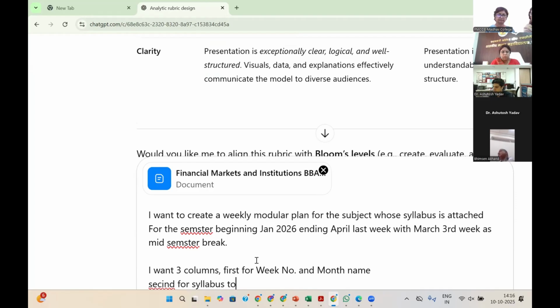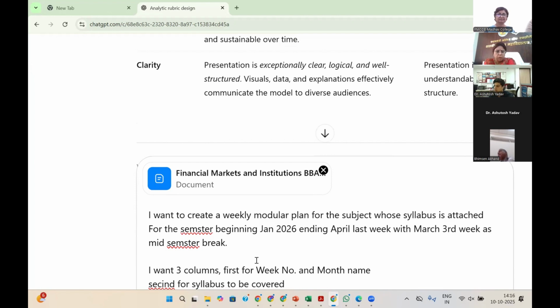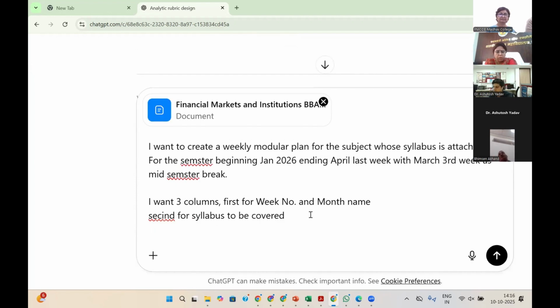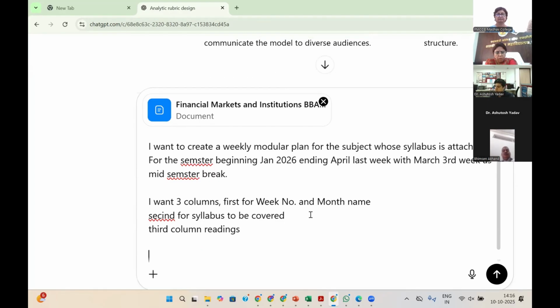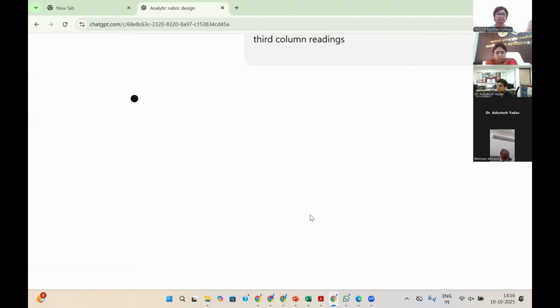syllabus to be covered. प्लीज आप मेरे टाइपो एरर को इग्नोर करना, चैट जीपीटी को समझ में आ जाएगा मेरे उससे क्या चाहिए। एंड थर्ड कॉलम फॉर, मान लीजिए हम ये भी चाहते हैं कि रिकमेंडेड रीडिंग्स, हाँ, थर्ड कॉलम फॉर रीडिंग्स। ठीक है, और कुछ भी अगर आप लोग कस्टमाइज करना चाहते हो, पर लेट्स से इसी प्रॉम्प्ट से क्या हमें जवाब मिलता है।